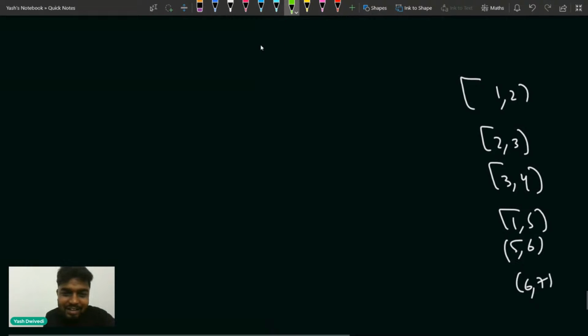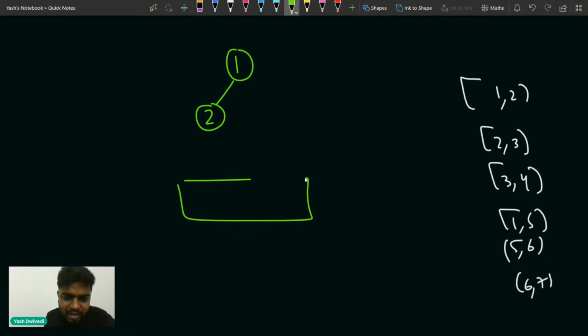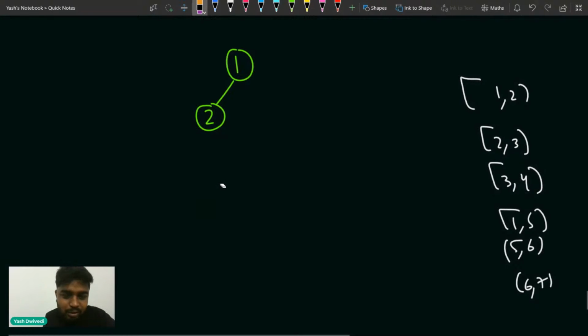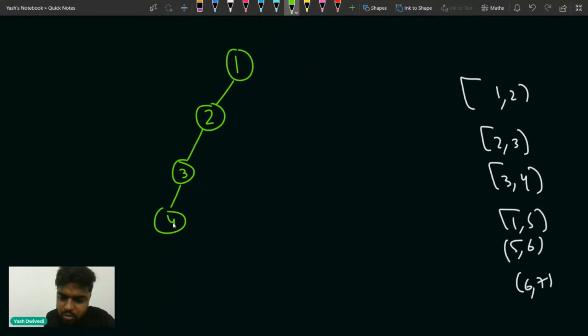Okay. So let's say you have house 1. Now 1 is connected to 2, but I'll take 0-based index, because the haunted array that is given is 0-based index. So when I'll be writing the code, I'll subtract 1 from every node, so that I can take them as 0-based index. So 1 is connected to 2. 2 is connected to, let's say, 3. Then 3 is connected to, let's say, 4.